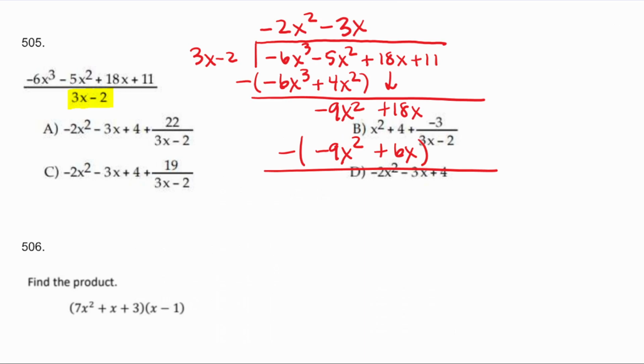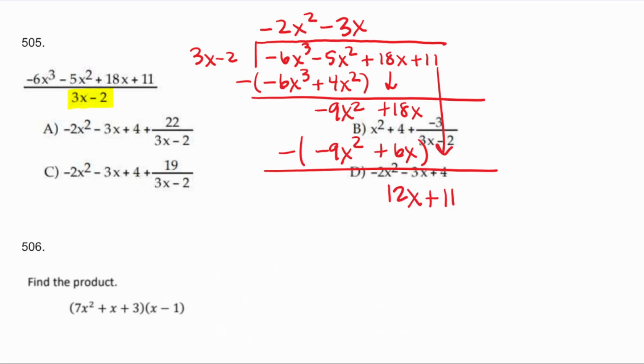I'm going to get rid of that. I know it's not going to be b. I somehow doubt it's going to be d. I just don't expect this to divide away cleanly. But who knows? That's why we got to take it all the way to the end. Okay, so if I take negative 9 and subtract negative 9, I'm going to have no x squareds. 18 minus 6 will be 12x's